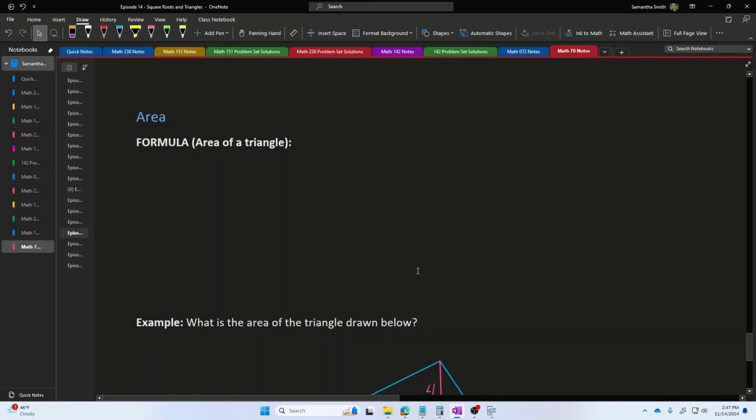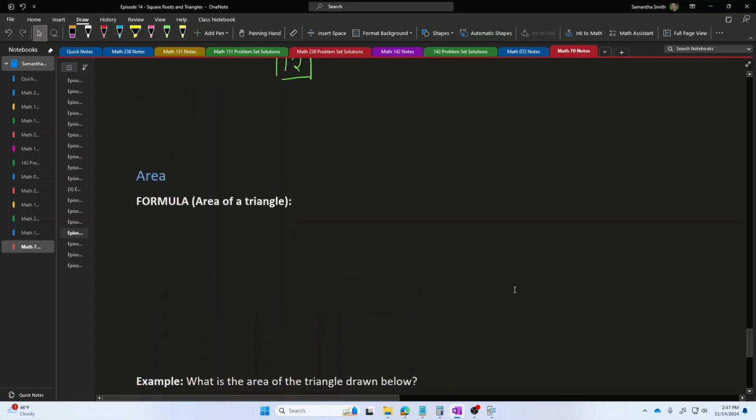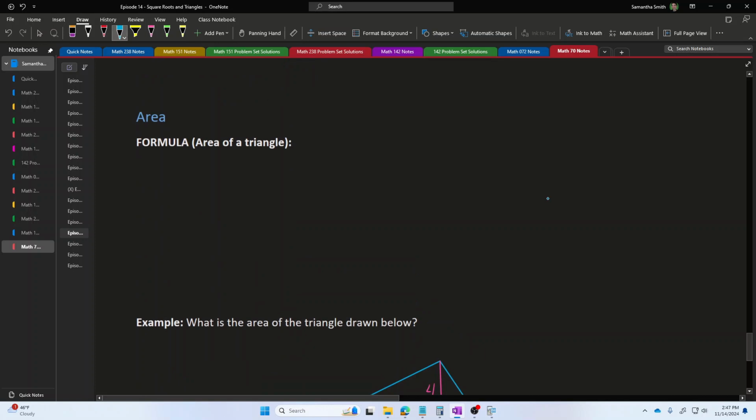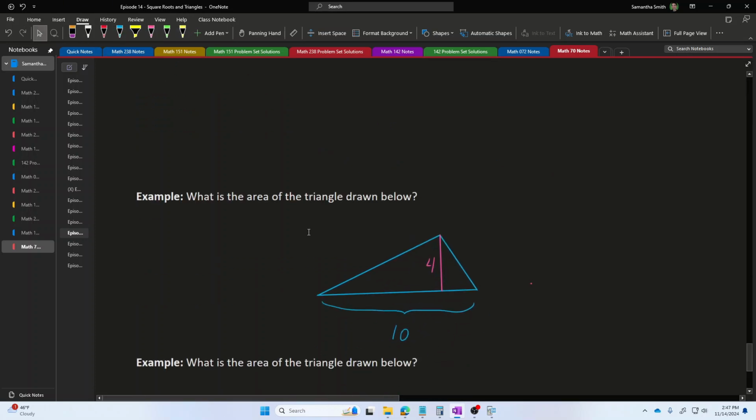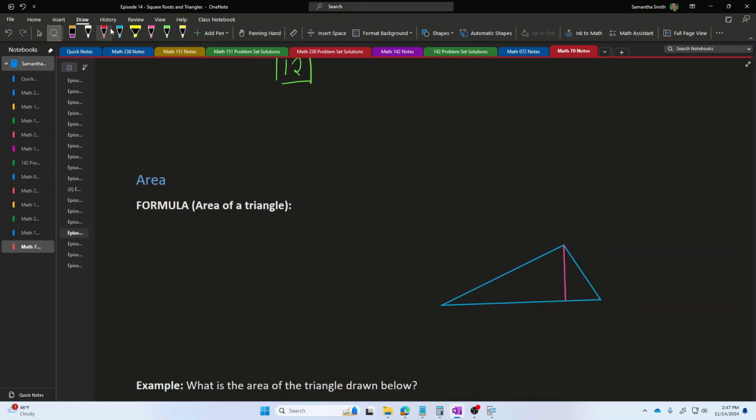Let's talk now about how to find the area of a triangle. Now, when we find the area of a triangle, the two measurements that we use are what's called the base of the triangle and what is called the height of the triangle. And when we talk about base and height, we basically lay the triangle down so that it is flat on the ground. And when we lay the triangle down so that it's flat on the ground, the length of this bottom side of the triangle is what we call the triangle's base.